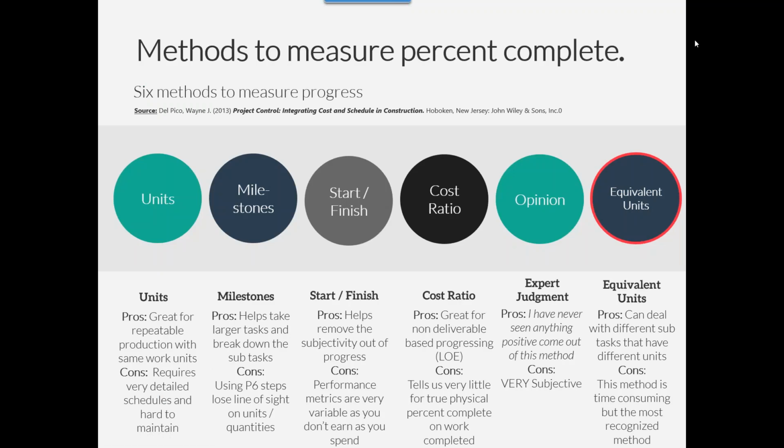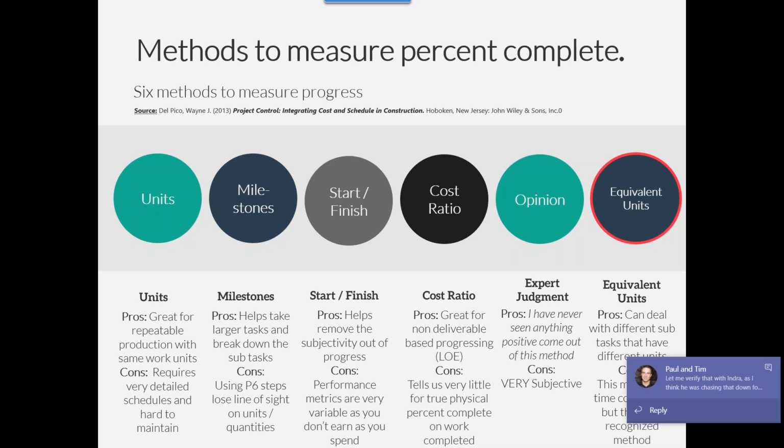And that really ties back into the 6 different methods here, where this actually ties back to the article that we found on Plan Academy, where the first one being units, where we talked a little bit on. This is really great for linear. Breaking that task into milestones helps